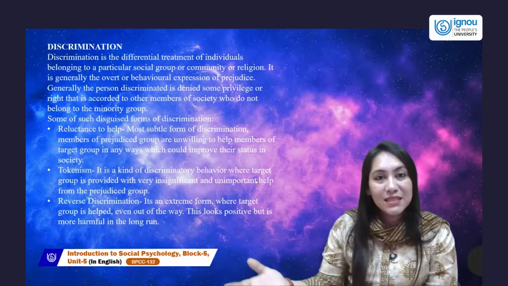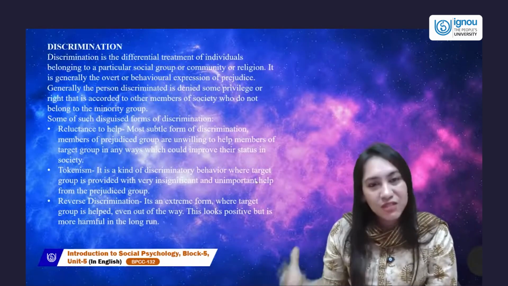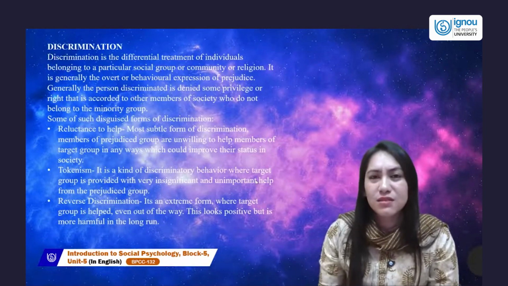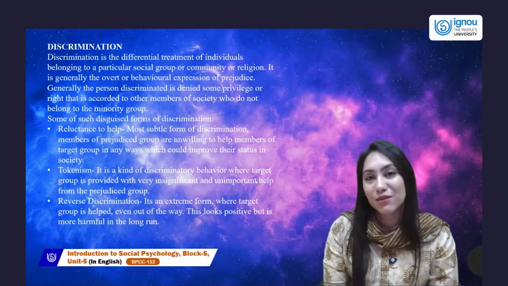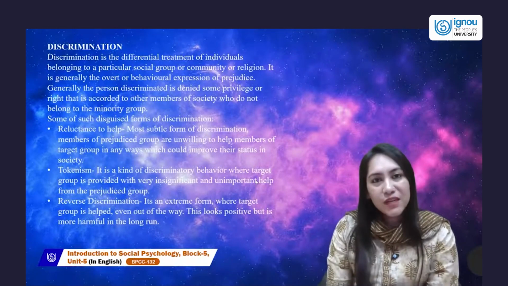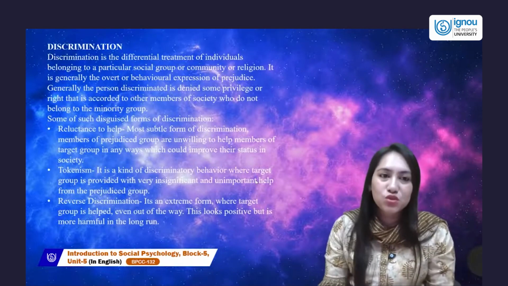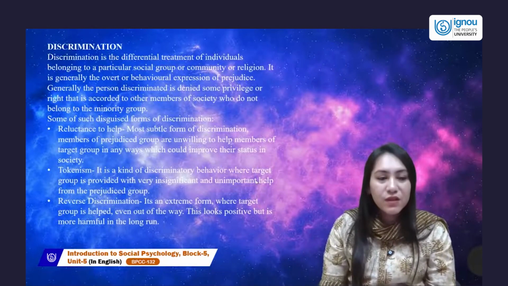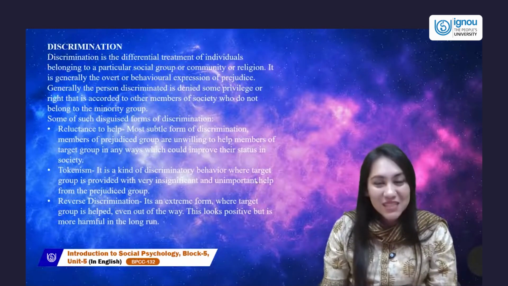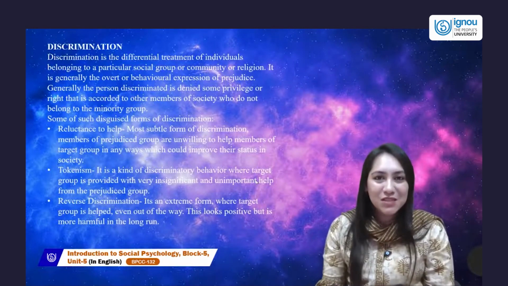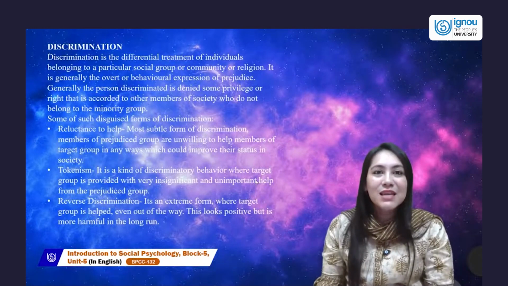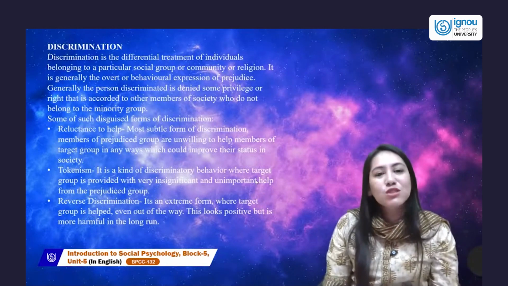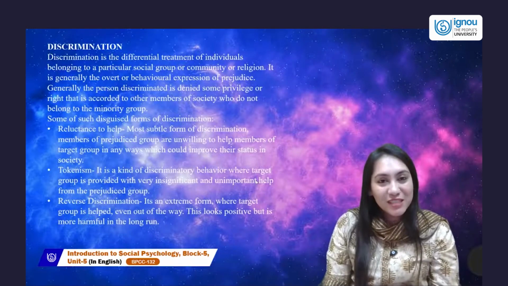So it is coming as a source. Where is it coming from? You have a stereotype, it may or may not lead to prejudice. But if you have a prejudice, there are high chances that it will come down to discrimination. Discrimination of any kind, it could be a lighter discrimination, it could be usual discrimination. There are some disguised forms of discrimination that you will see around yourself, which is reluctance to help. This is the first way that we start discriminating against people, that differential attitude starts coming into us. This is the most subtle way of discrimination, something which is not even detectable.